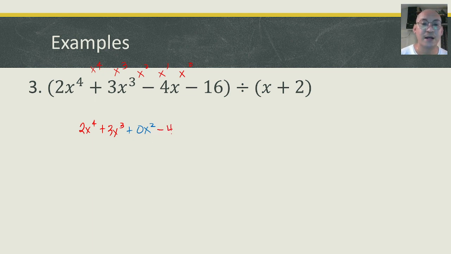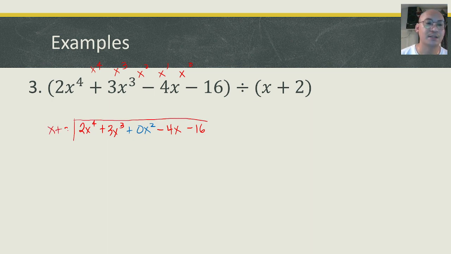Next, followed by minus 4x minus 16. So we have now x to the fourth, x cubed, x squared, x to the first, and x to the 0 as the constant term. Take note of that. Do not miss a term. If there's a missing term, then fill it in with a 0 term, divided by